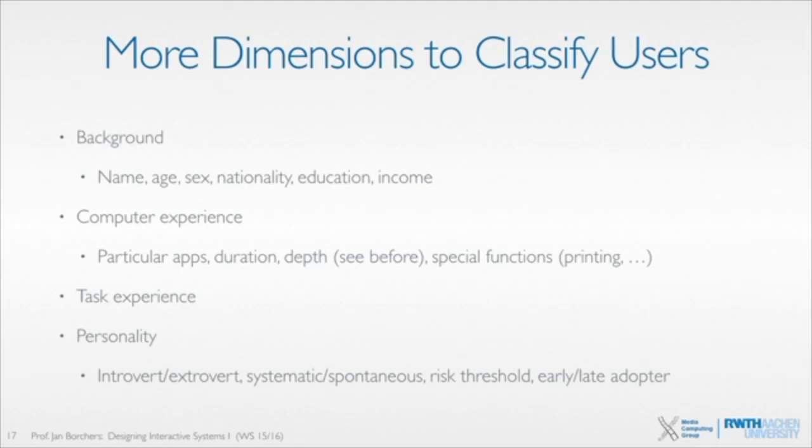And that's one of the reasons why a lot of software projects in the past tended to fail so spectacularly, because they were designed by software developers who tend to be a little more introvert than extrovert on the average, who tend to be very systematic, because that's part of our training and our skill, who tend to have maybe not so high a risk threshold because they know the code needs to work and it never can crash and it has to be running all the time. But they might be early adopters for technologies, so they might be willing to handle complex systems and enjoy the complexity of a system.